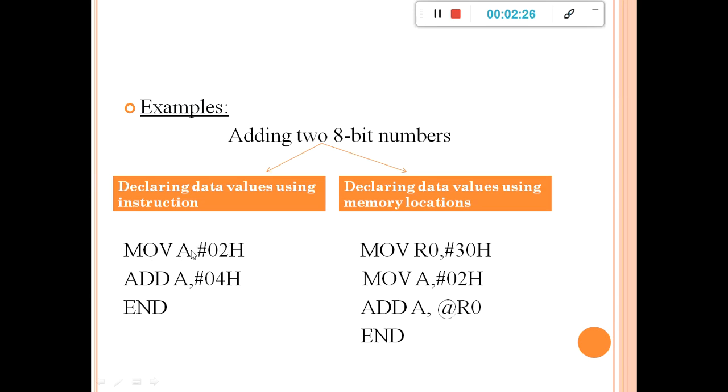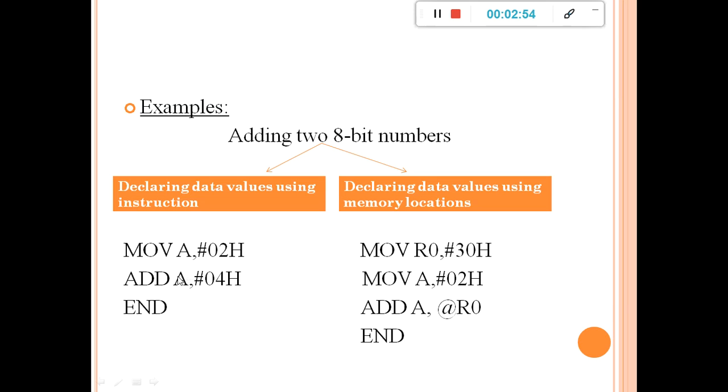So what happens when I execute the first instruction, that is MOV A, #02? I took one 8-bit data, 02, and I am moving it to the accumulator, that is A. Whatever the value of A was before execution, once you execute that instruction, A becomes 02. Okay. So the next step is ADD A, #04.